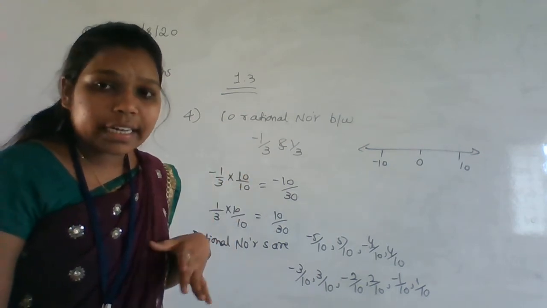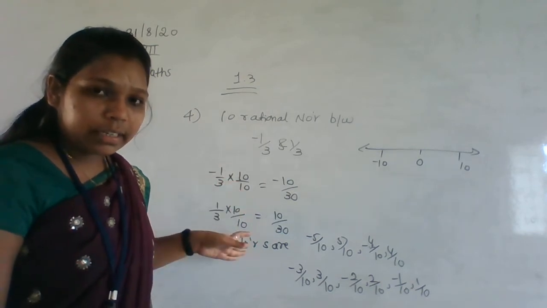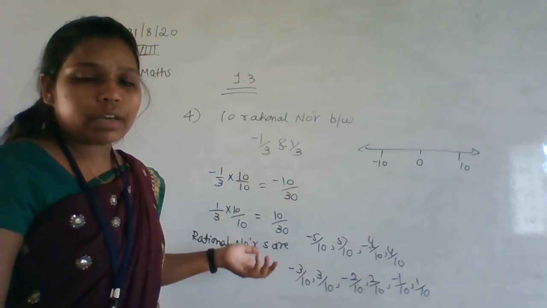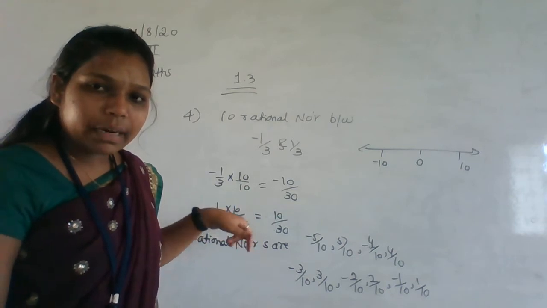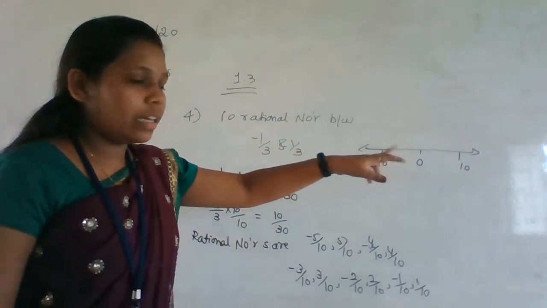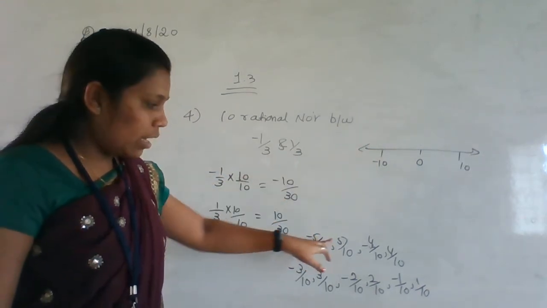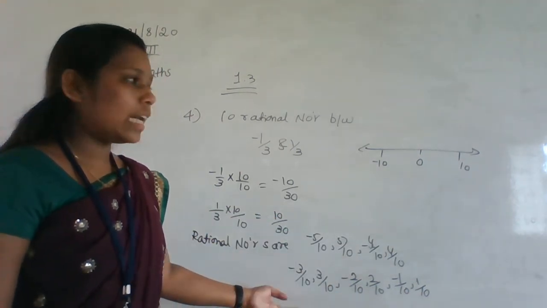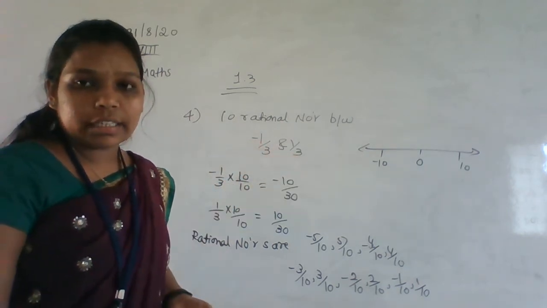But here not getting greater than 10, so that's why I am multiplying with some values, that is 10 by 10, 10 by 10. You can multiply with 11 by 11, 12 by 12, if you want to do, then you can do. Okay, there will be no problem for that. So here I am multiplying 10 by 10, and minus 10 to 10, there will be so many numbers, right? So just take those numbers in the numerator and write the rational numbers. So these are the rational numbers that lie between minus 1 by 3 and 1 by 3.